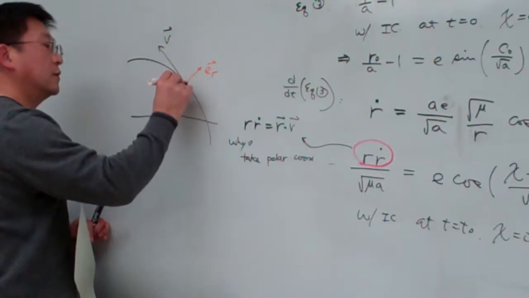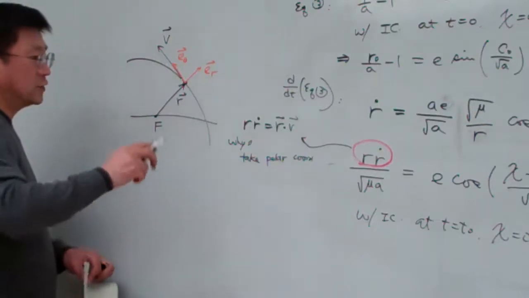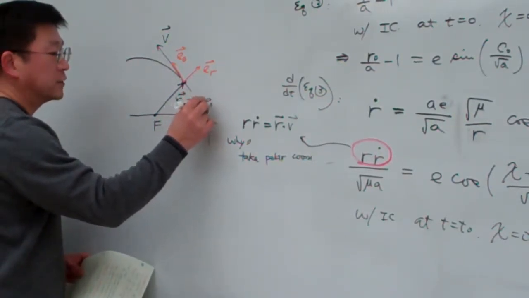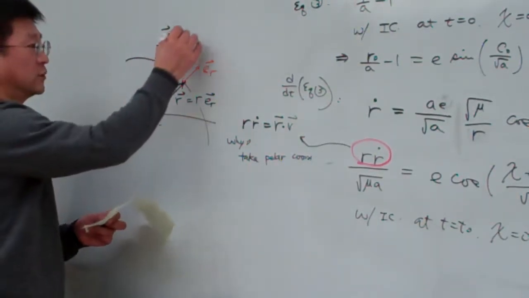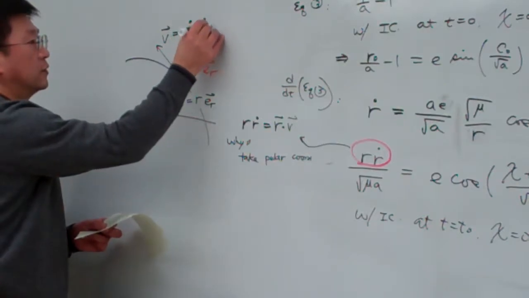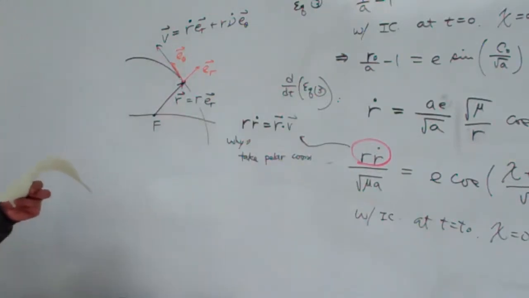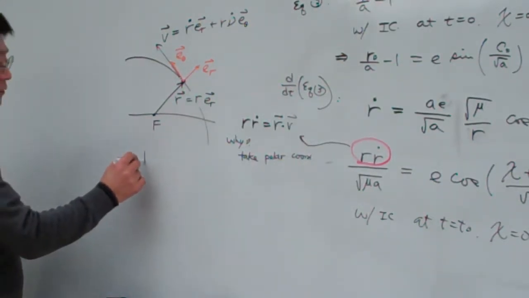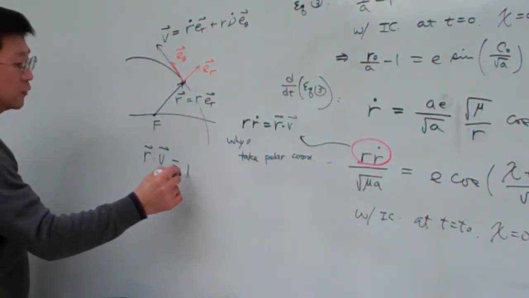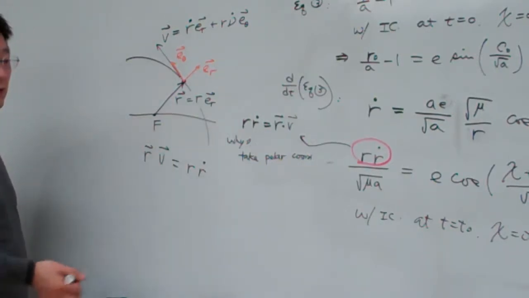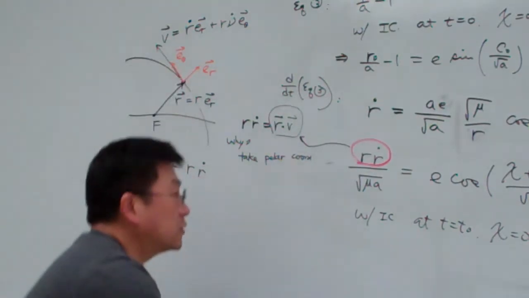So this is ER, and this is E theta. Under this situation, R can be expressed by R times ER, and V in this case can be expressed by R dot ER plus R mu dot E theta. So therefore from here the R dot, V dot, basically we can see that is R dot. Here let me replace that one equal to this, and under these situations we plug in, so